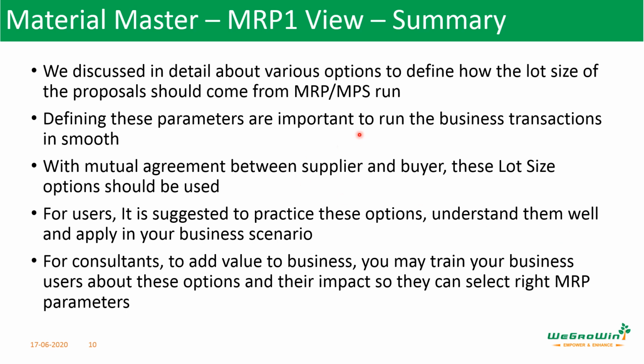These are very important because they decide how the lot size has to be proposed for each planning proposal or procurement proposal coming from MRP and MPS. This also helps run the business smoothly because you will not create crazy numbers in the proposals. You will have meaningful numbers when you place the order. It will also improve the relationship between supplier and buyer. But at the same time, whatever the minimum order quantity, maximum order quantity or rounding value, these should be agreed between the supplier and buyer.